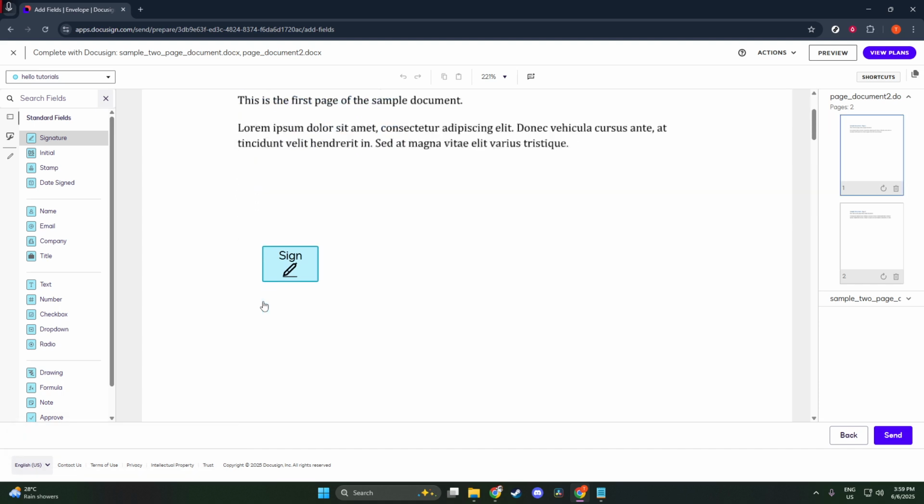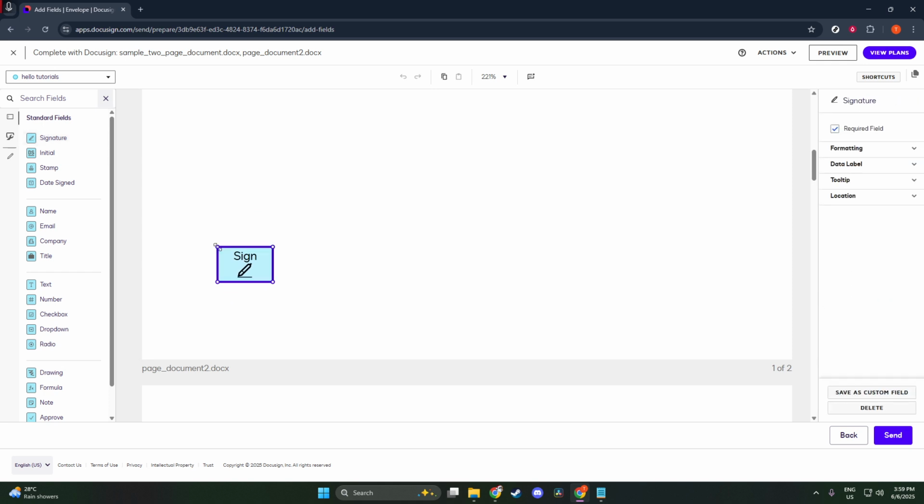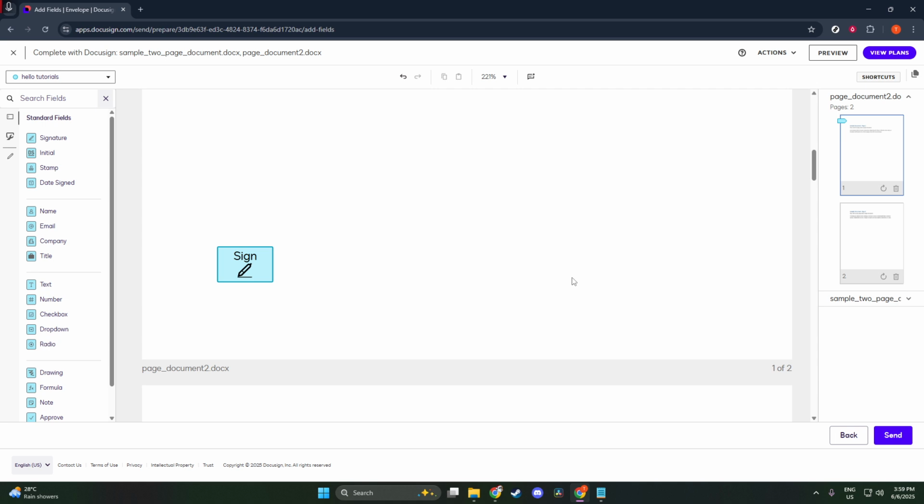To add your signature, simply click on the Signature field once you've found it. This will activate the field, allowing you to insert it into your document. After activation, drag the Signature field over to the precise location where you want your signature to appear. This step is crucial as it determines where your signature will be placed once the document is finalized and viewed